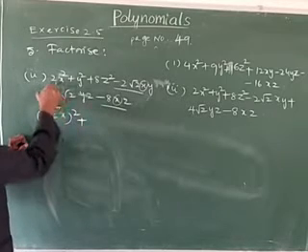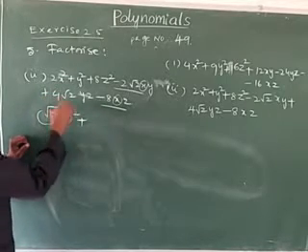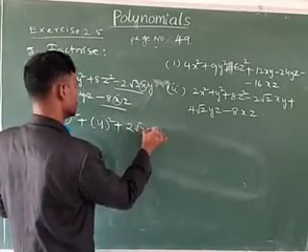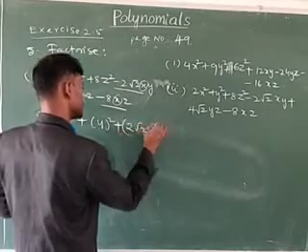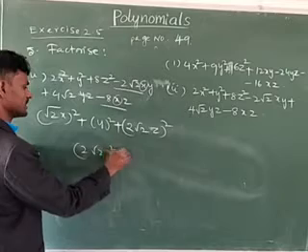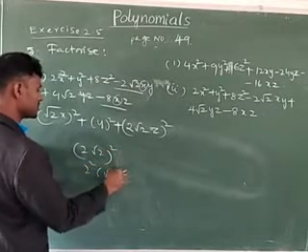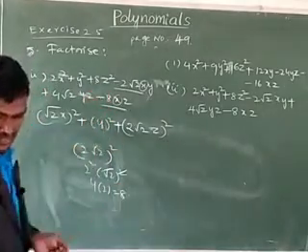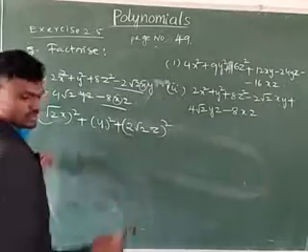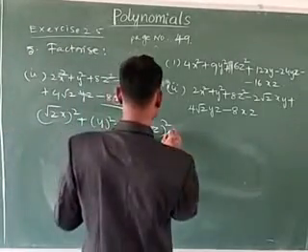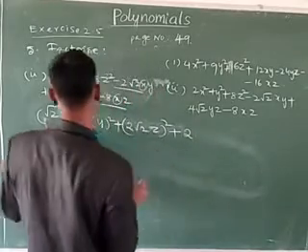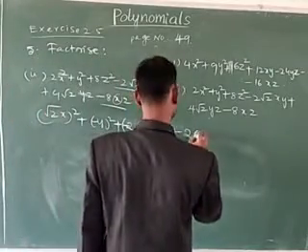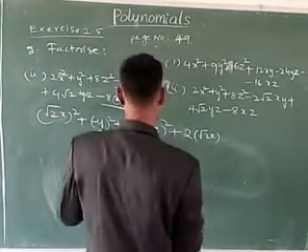Root 2 x whole square means root 2 whole square is 2, and x square, plus y whole square, plus this is written as (2 root 2 z) whole square. Here 2 root 2 whole square means 2 square into root 2 square. Root 2 square cancels, 2 square is 4, 4 twos are 8. That's why you have to write here 2 root 2 z, plus 2 into a. Here a only is positive and this is negative and this is also negative. Then 2ab, 2 into a is equal to root 2 x, b is equal to minus y.